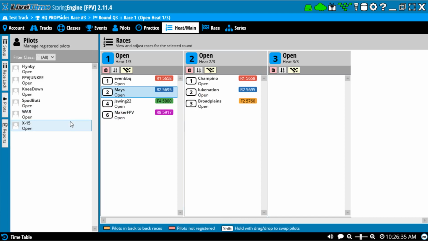Let's say that a pilot showed up and they couldn't register on MultiGP and you're just wanting to add them to the heat. You can see over here, these are all the pilots that have not been added to a heat yet. And even though they didn't check in on MultiGP, they're showing up here, which is kind of nice. So if you didn't want to worry about going back to MultiGP and fixing that right now, you can just drag them over and it'll automatically assign them a channel, which is next in line, which is great. So that's another reason to get your event channel or frequencies worked out correctly, because if you're dragging people over here,